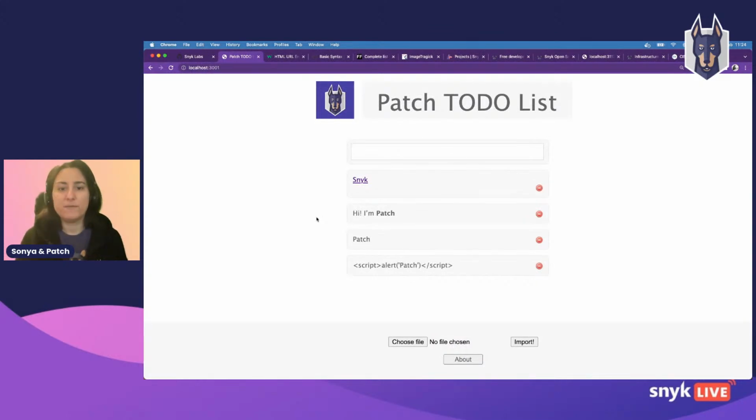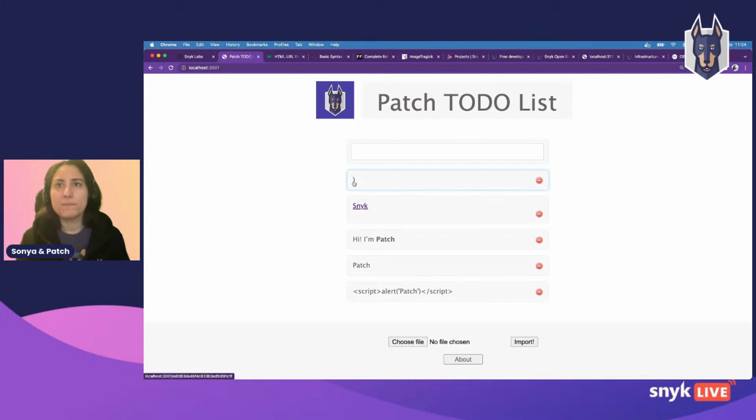That's an interesting piece of information because now I can try to craft a payload using this Markdown feature within that to-do list. So let's try with this. I'm basically using the same format to do the link here, and I'm using the JavaScript colon protocol. So let's see if this is working. Okay, that's an interesting response that we're getting here.